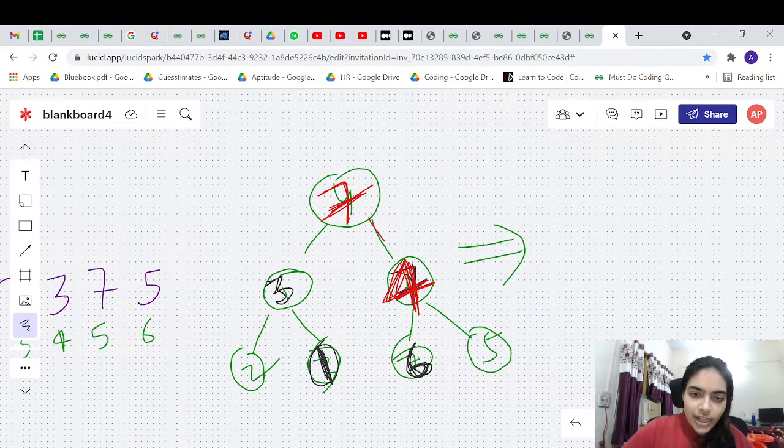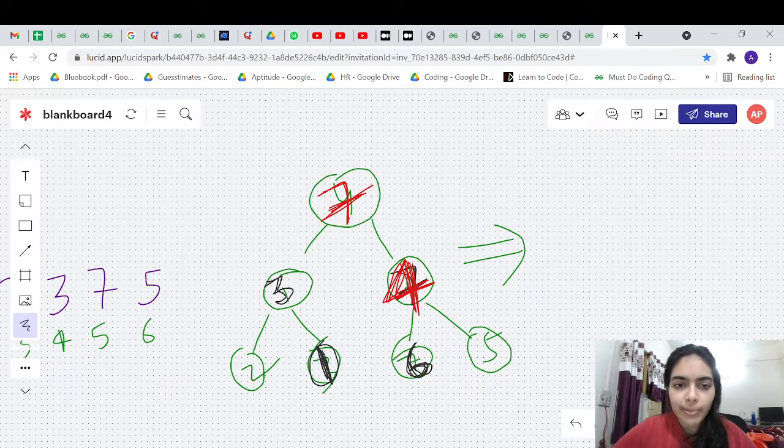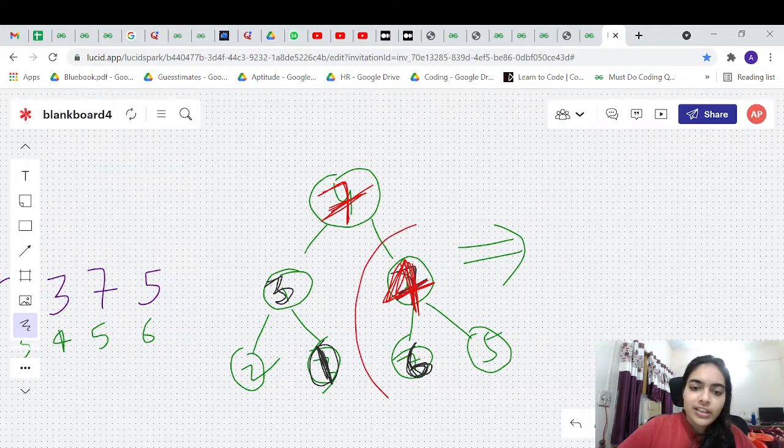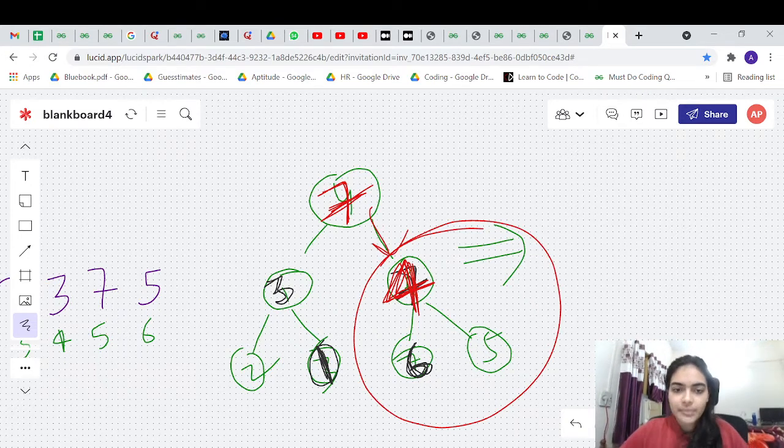Now we will call the heapify function on this part. See, this part is okay because we have got the highest value here, but this part should also be a max heap, right? When we change the max heap, it doesn't mean we can compromise on this part. We should ensure this part also remains a max heap. When we swap the values, this part got compromised, so we should call the max heap function again on this part.